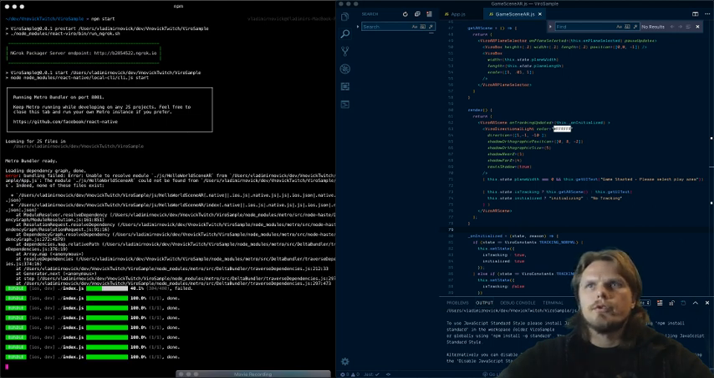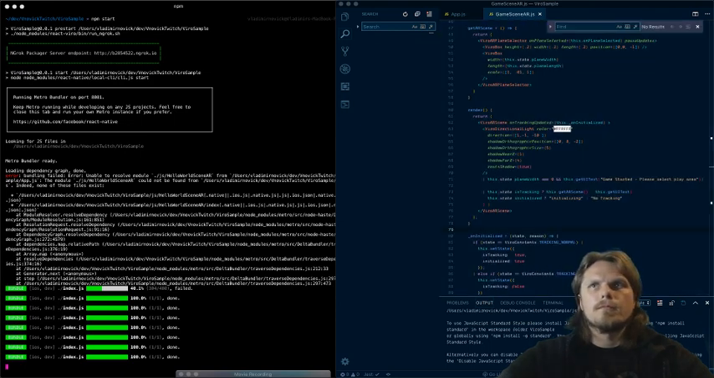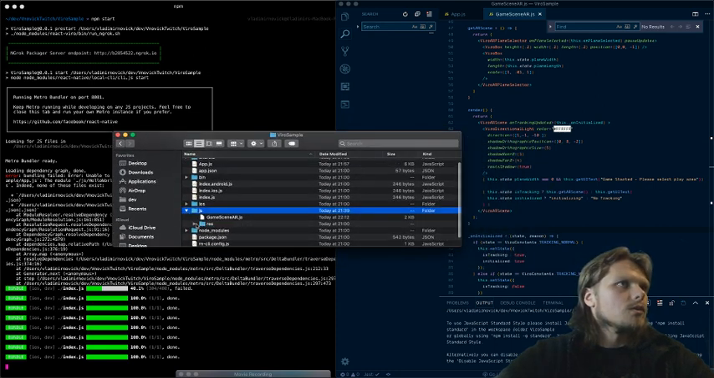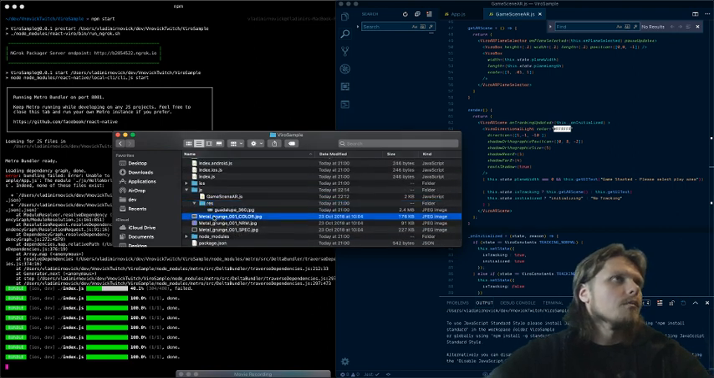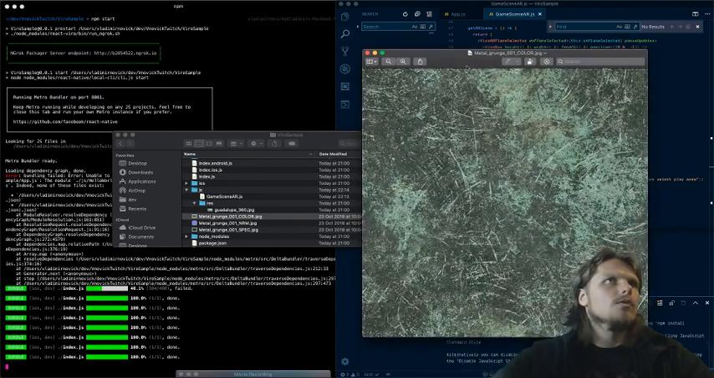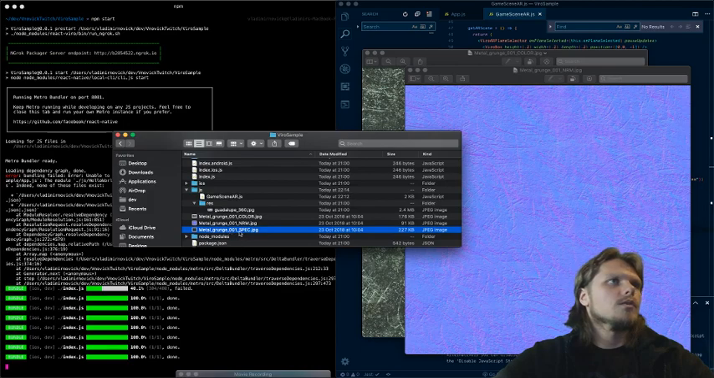Just trying to find this texture. Yeah, let me just bring it here. So I added this texture. So this is just basic metal. This is a normal map of a metal, and this is specularity texture